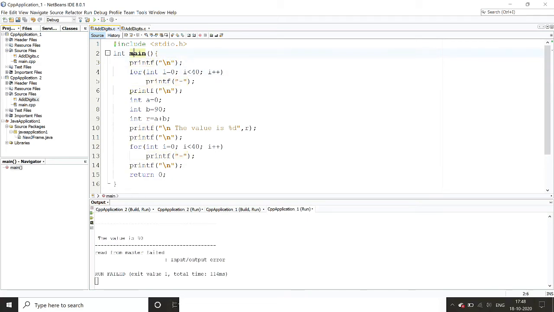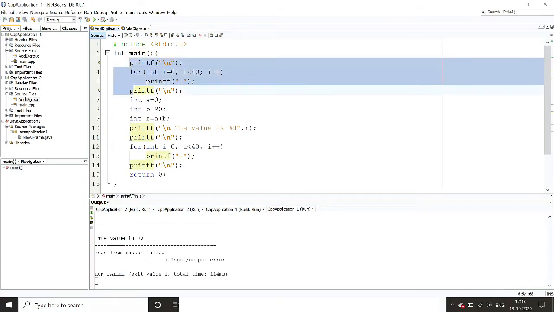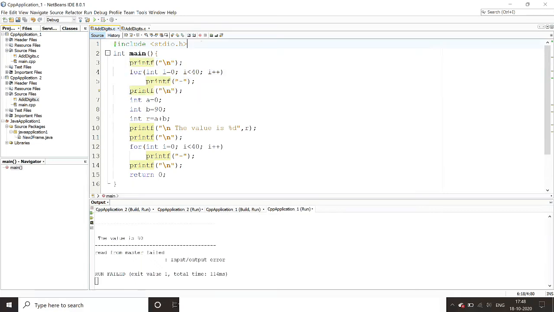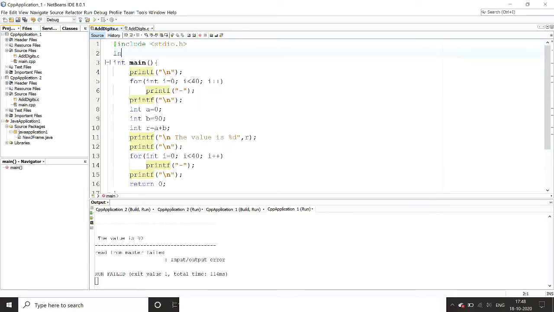Instead of writing the same code, see this part and line numbers 10 to 14, these two parts are the same thing, but you are writing the same code for the same purpose. So instead of doing all this, we can write a function. Let me write a function.